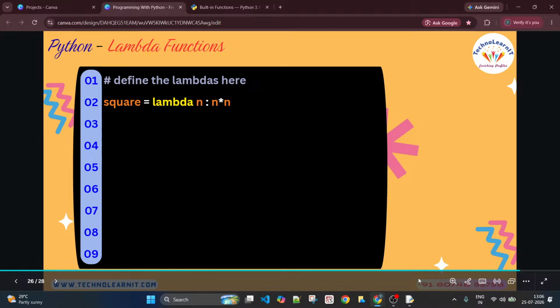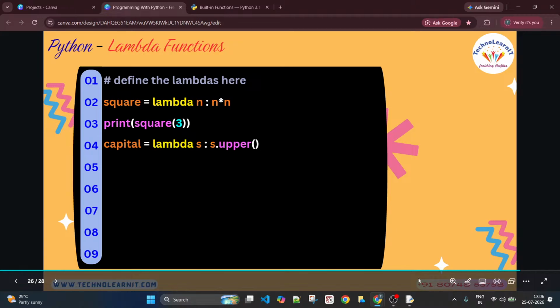The result will be stored in square. Square is the name of the lambda. So if you call this lambda like this, square 3, n becomes 3 and 3 times 3 becomes 9. So square will be 9.